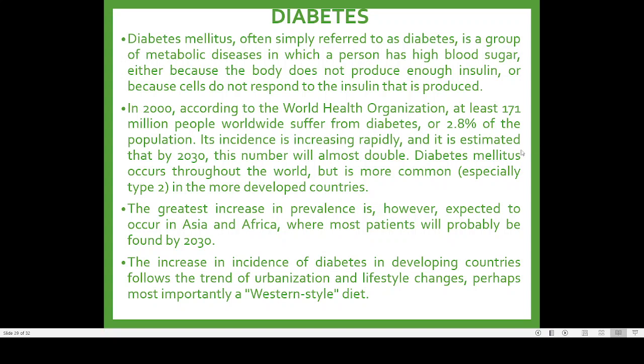So on an average, nearly 3% of the world population is suffering from diabetes. Its incidence is increasing rapidly, and it is estimated that by 2030, this number will almost double. That is, there is a world average, and diabetes mellitus occurs throughout the world, but is more common in developed